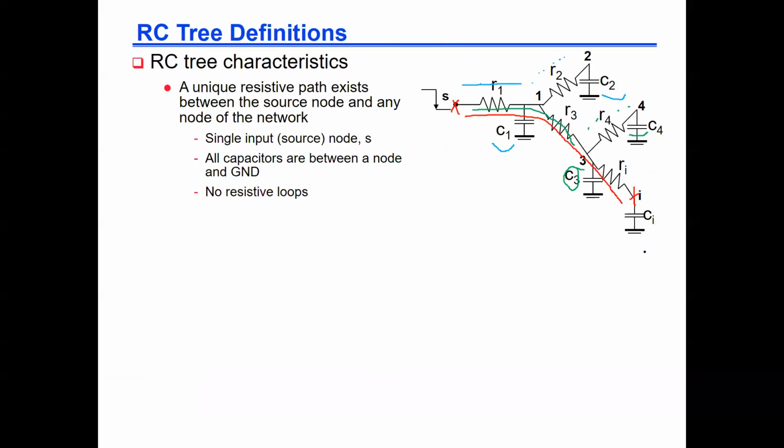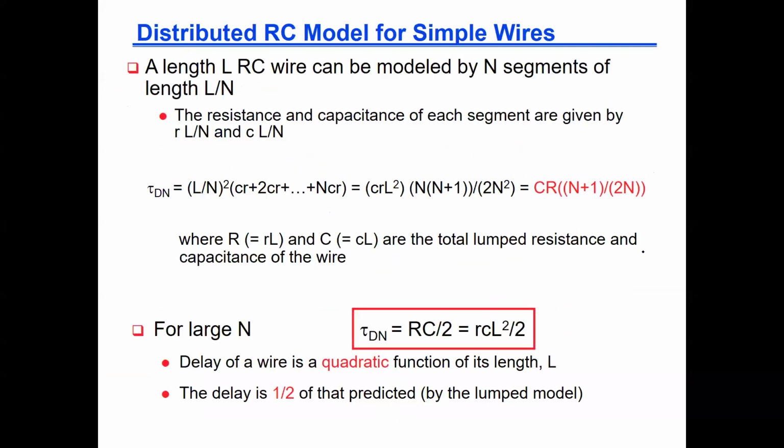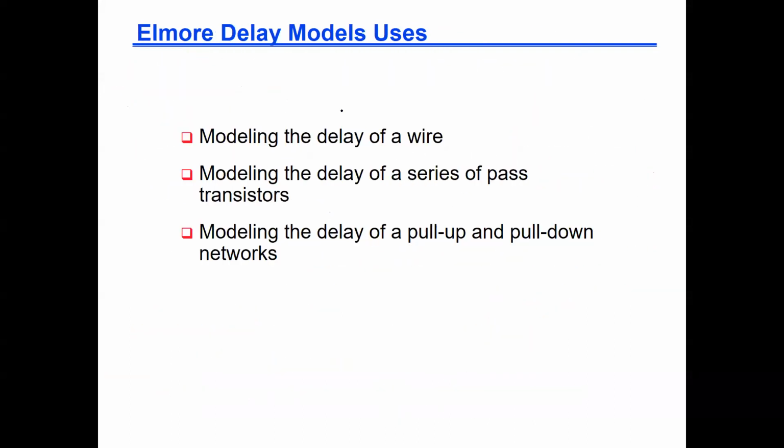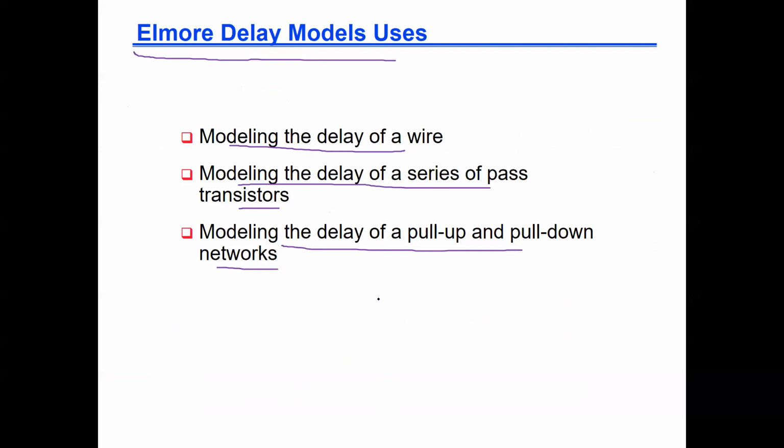So from here on, we will now look at Elmore delay to be used to help me model the delay of the wire, model the delay of a series of transistors, and model the delay of a pull-up and a pull-down network. If we look at a NAND gate for example, the pull-down part of the NAND gate looks very much like the ladder of the wire, but the difference is that if this is my out,